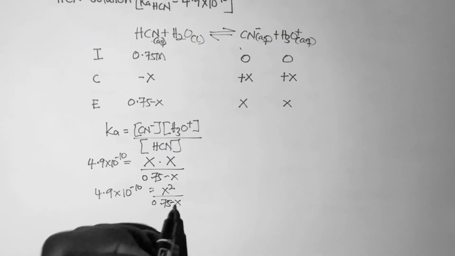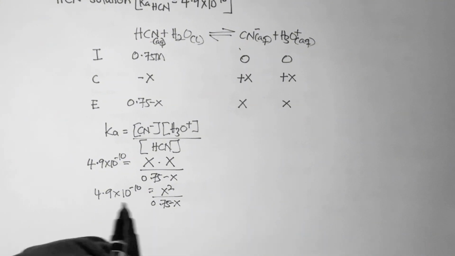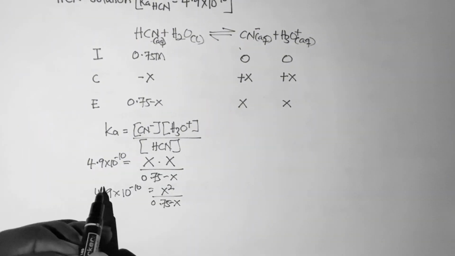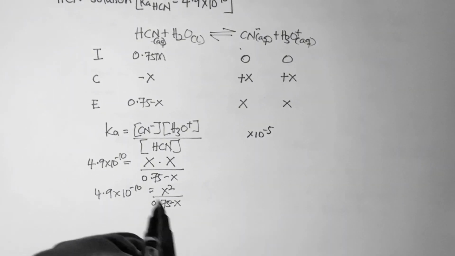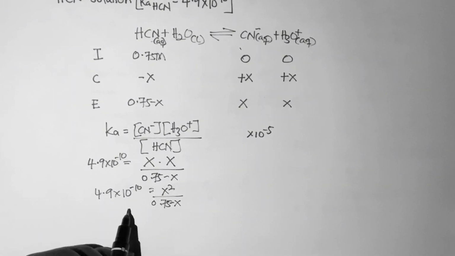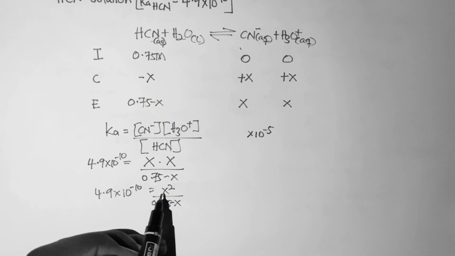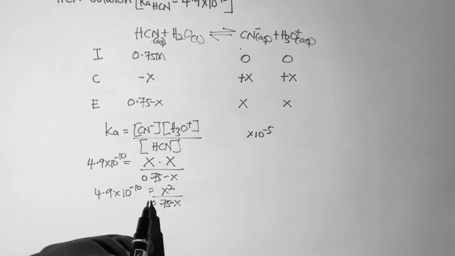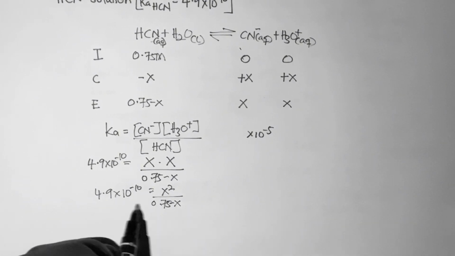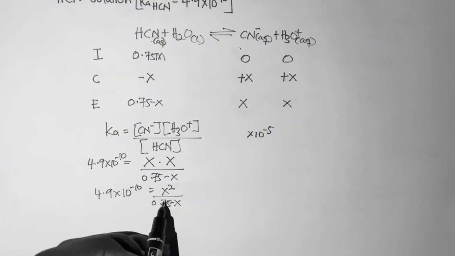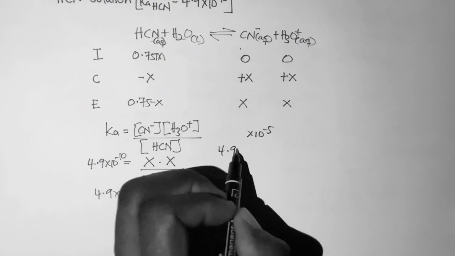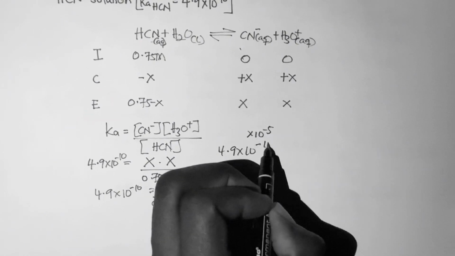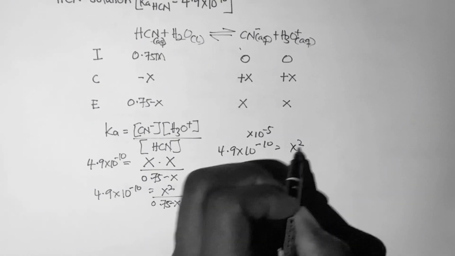0.75 minus X. But remember what we said. We said if the K is times 10 exponent minus 5 or less, then we can make the approximation and later check with the percent dissociation and the 5% rule. So now this equation becomes 4.9 times 10 exponent minus 10 is equal to X squared divided by